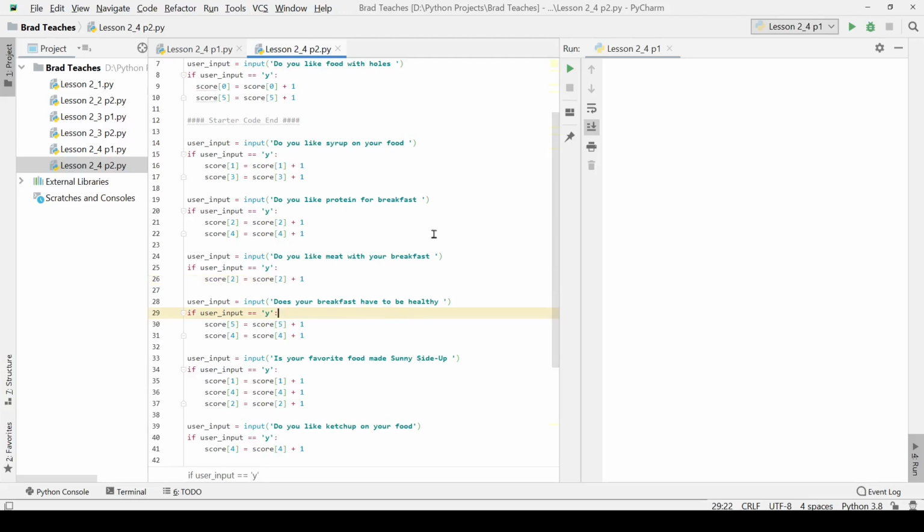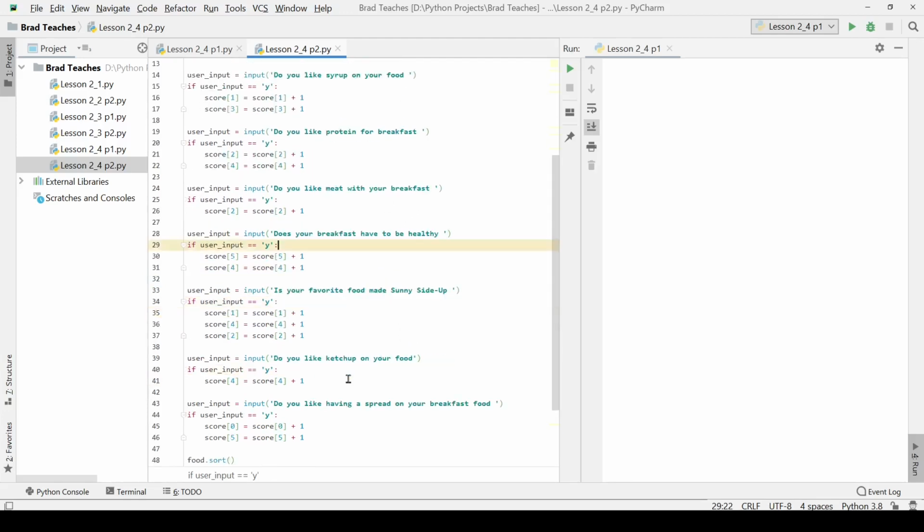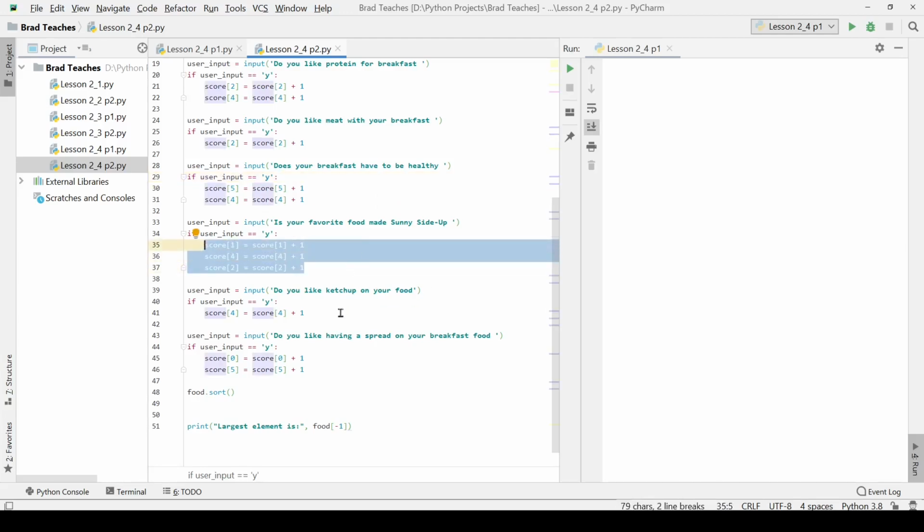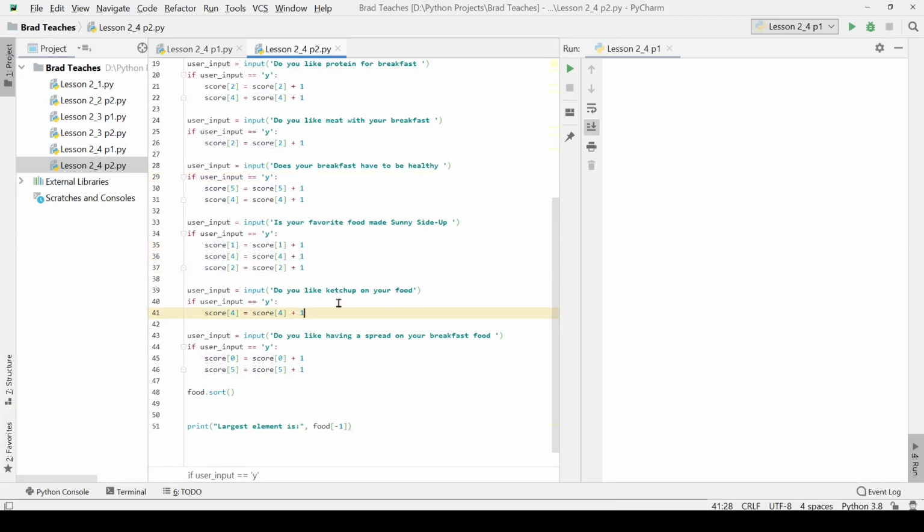My remaining question is, does your breakfast have to be healthy? If it is, I just say that you like eggs and bagels. If your input is, do you like your food made sunny side up? Since that's bacon, eggs, and pancakes, I've given those indexes the appropriate boosting to their score. If they like ketchup on their food, I like ketchup on my eggs, so I've given a point to that